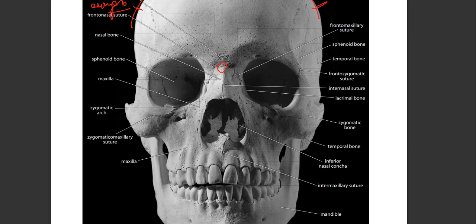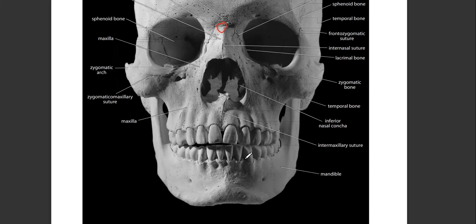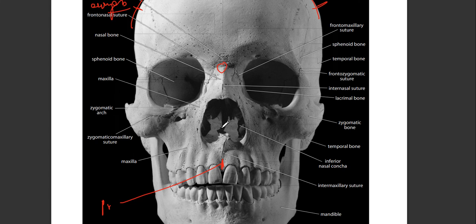So the new landmark that we have is prosthion. Prosthion is identified as the most anterior point on the maxillary area, between the two incisors. You will see this point here. This point is identified as prosthion, PR. So this point between the two incisors lying on the mid-sagittal plane, again most importantly, is also the most anterior point on the alveolar process of your maxilla. Okay, so this is identified as prosthion.